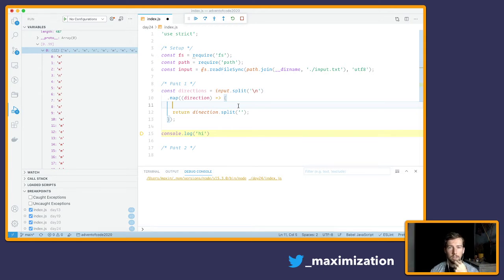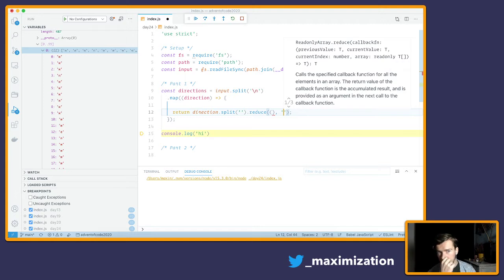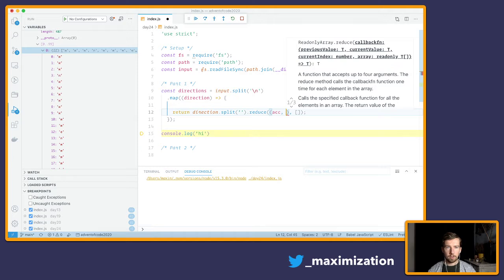All right, so we have the direction, split it. So we split it in here, and then we're going to need to loop over it. We can use a reduce to do that. And then that's going to be an array, I guess. And then we're going to have our accumulator, and then we're going to have our